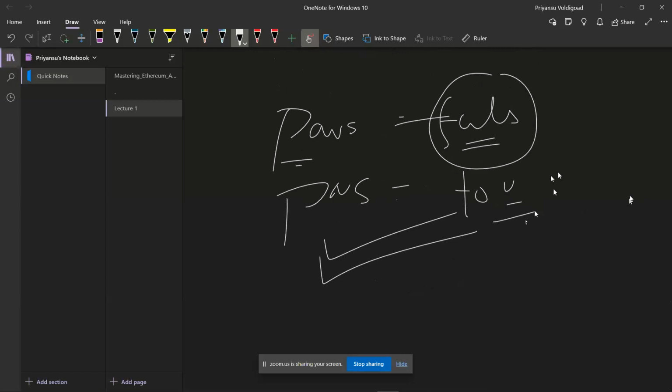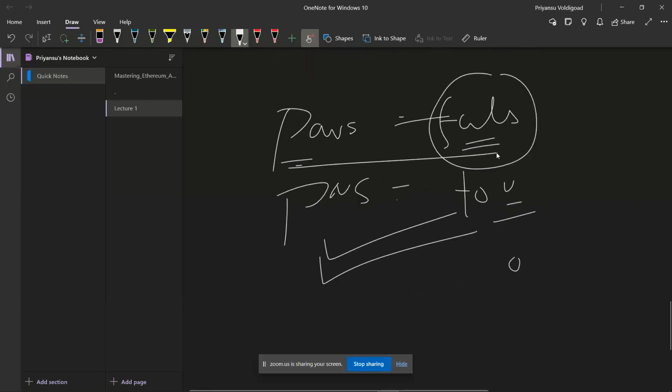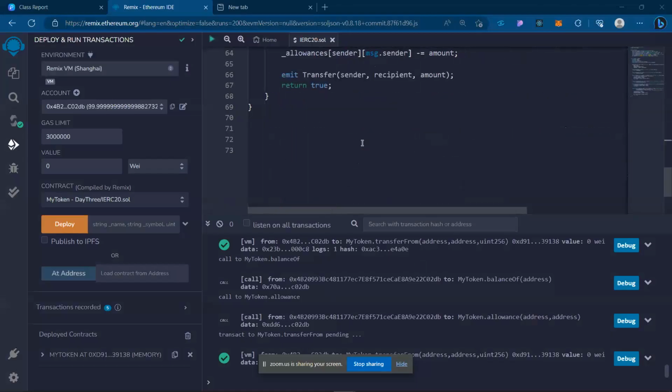Every function will include this modifier, and if the paused is equal to false it means the function will be able to run, or if it is equal to true it means the contract is paused, no transfer from nothing, सब locked है भाई, जब तक owner इसको reverse नहीं करता। और vice versa ऐसा कर सकते हैं, pause की जगह initial state को false की जगह true, और फिर उसका उल्टा कर सकते हैं। कूल। अभी हम इसको implement करते हैं, hopefully कर पाएंगे।